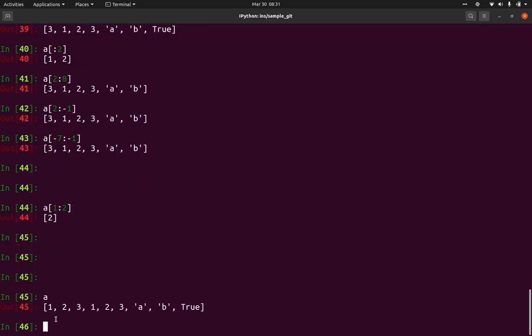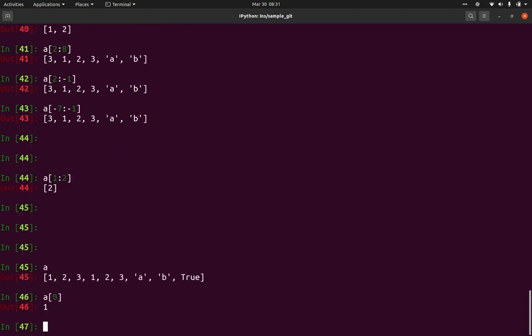Now we have A. So we have a number of elements in that. Let's say I want to change this particular element. So what I'll do, this is my fetching. To fetch that particular element, I'll use this. Using the same way, you can assign the values as well. Using the same indexing method, you can assign the values as well.